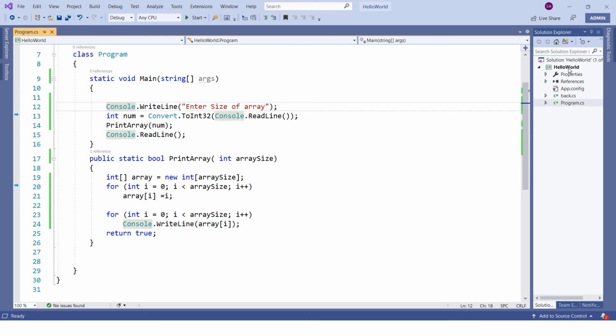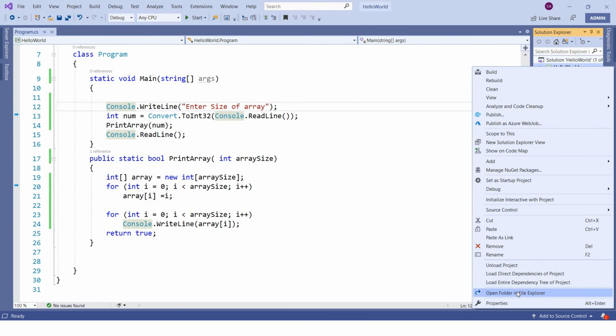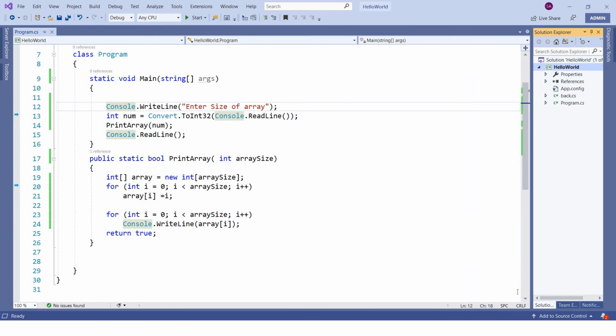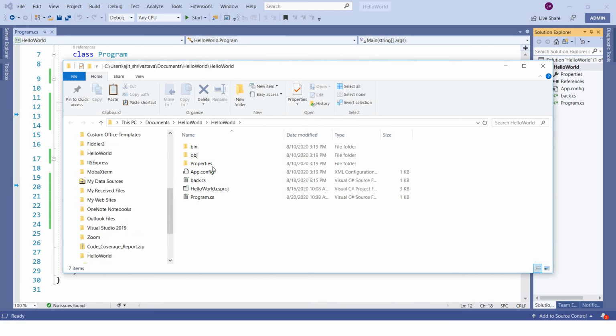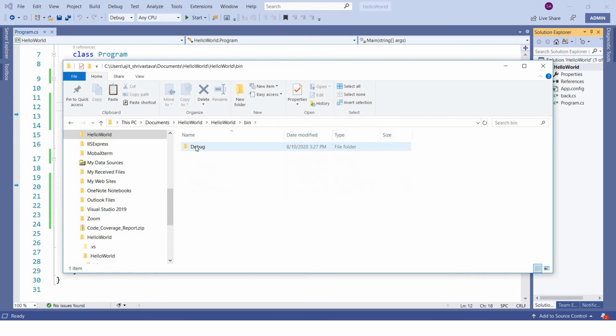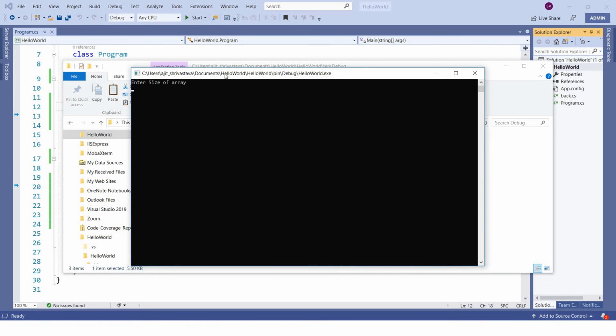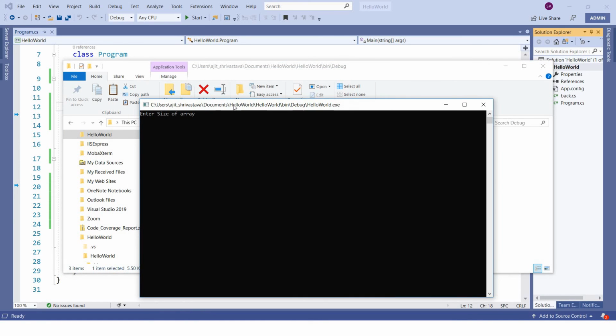One more thing I wanted to show you. If you right click on this, Open Folder in File Explorer, go to bin, Debug. Since we are running the program in debug mode, all those binaries will be created here, right? Binary means the exe that we were running. If you simply double click on this, you should be able to run the same application once again.